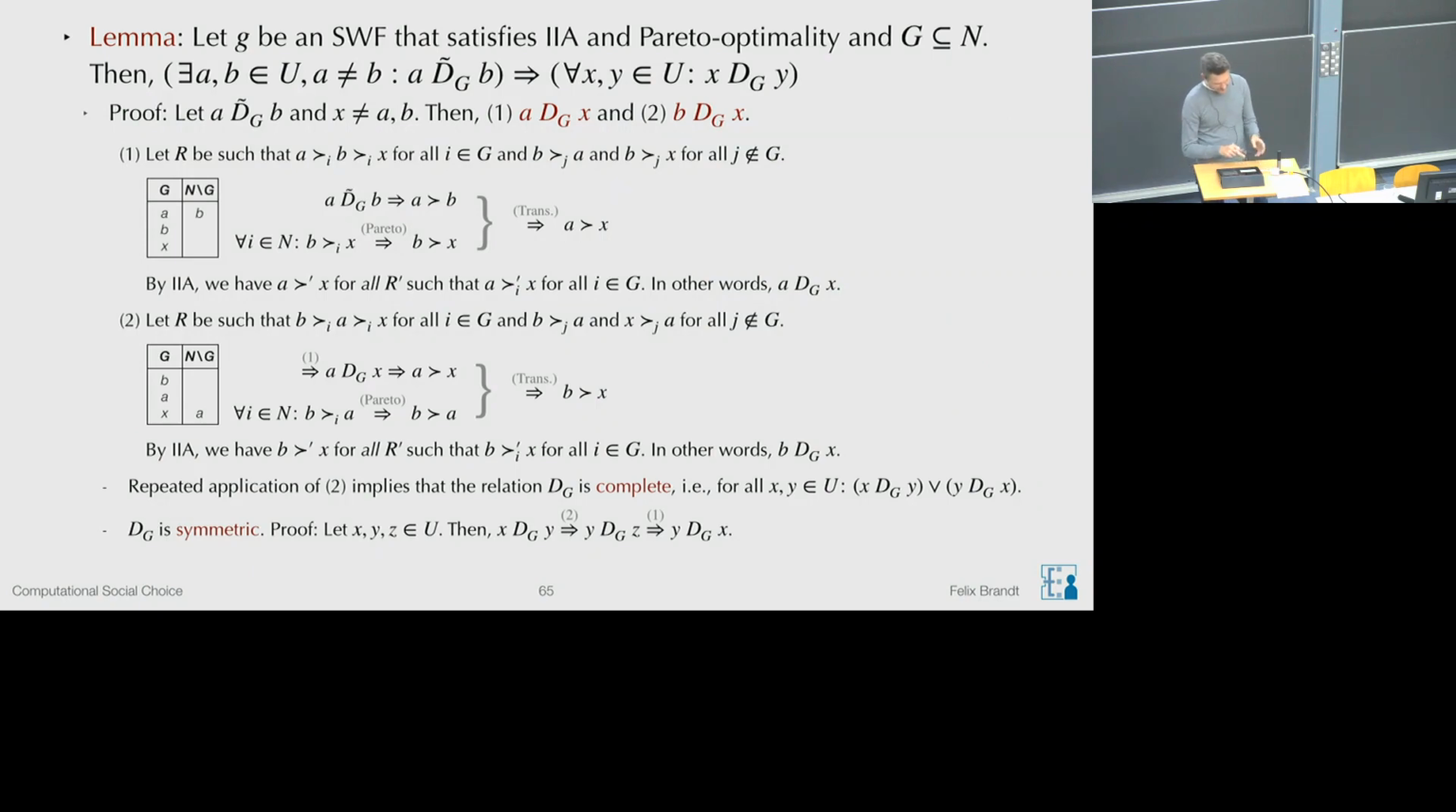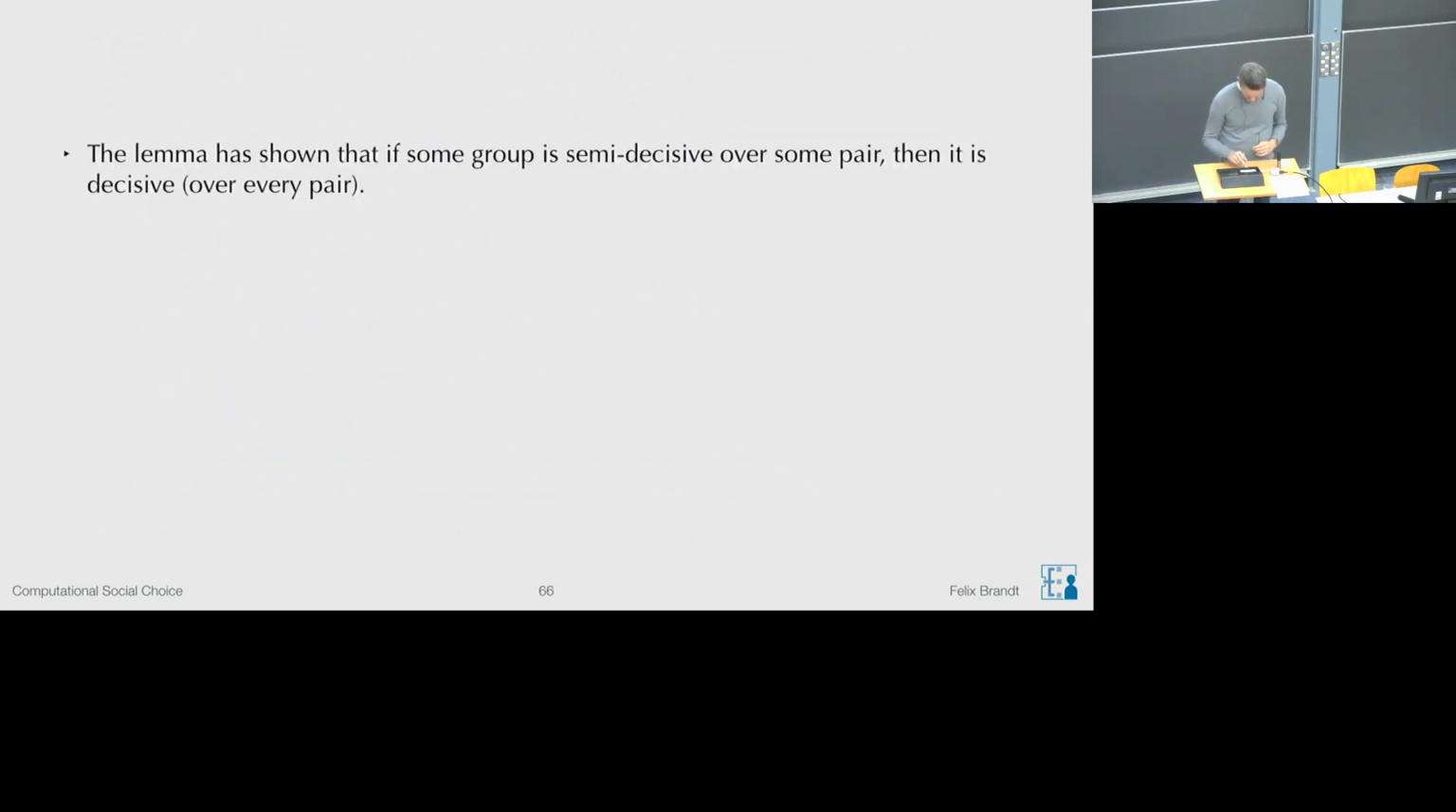Okay, but now what we have established, I think that's also on the slide, is that if some group is semi-decisive for some pair, then it is decisive over every pair. And we are going to use this in the remainder of the proof, which is sometimes called the group contraction lemma or splitting lemma. So, as I said, the decisiveness notion defines the power structure within a set of voters according to a certain social welfare function. And now we have a consequence